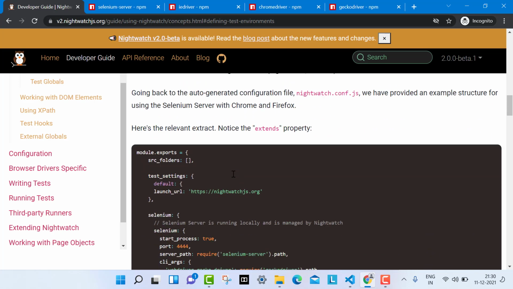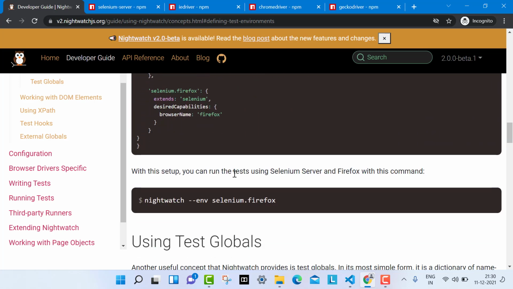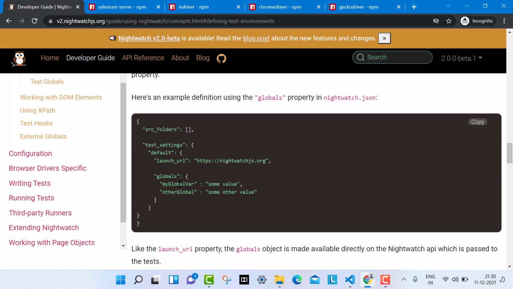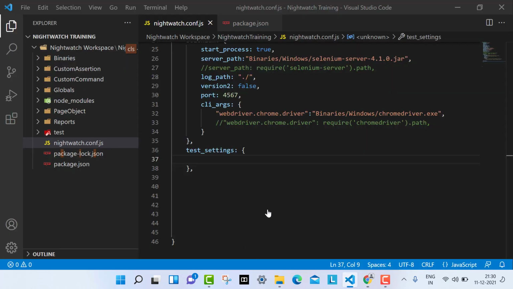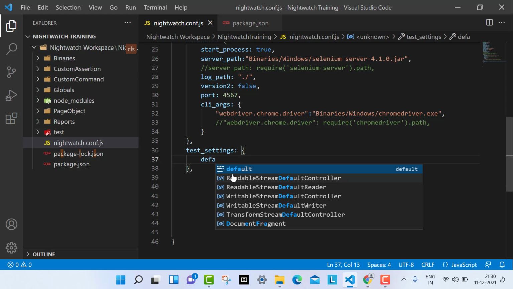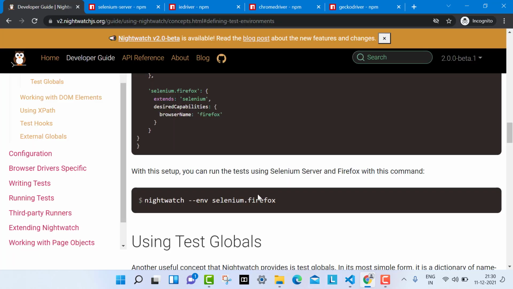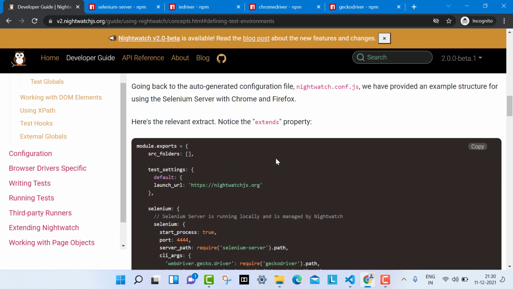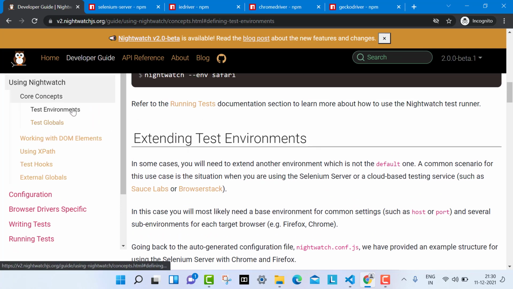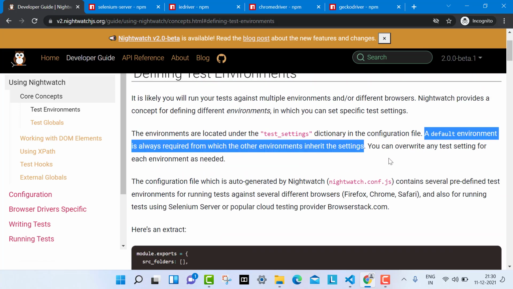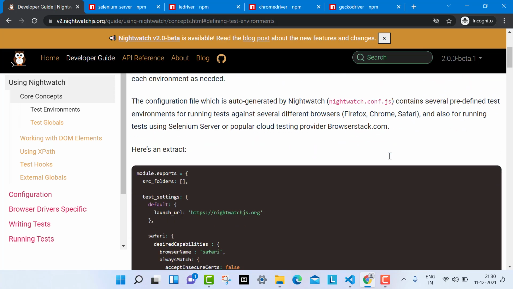Here is some data. In the same way, we will write our test settings. Be with me, we will see how we can write it. The first thing that will come is the default, as per the documentation.